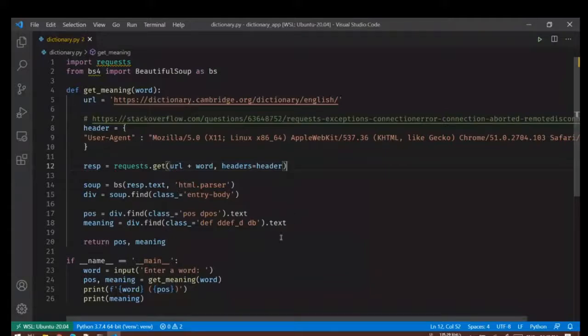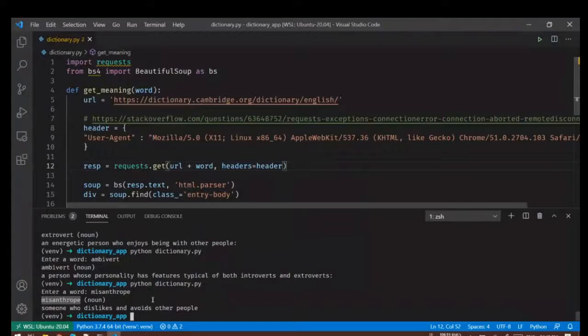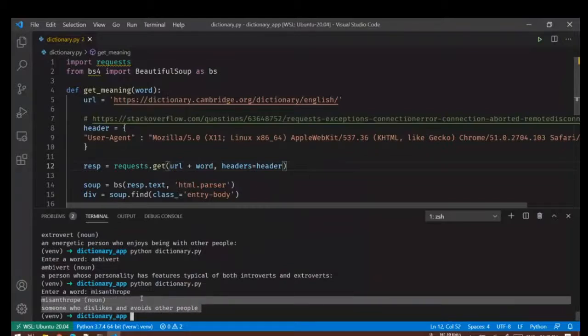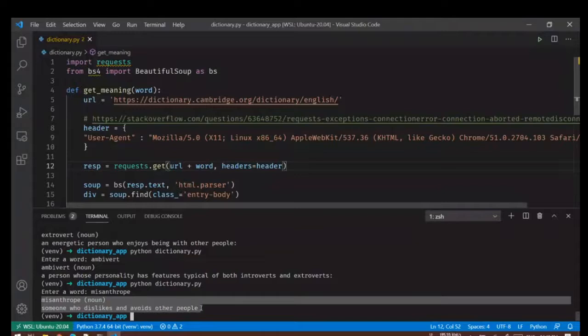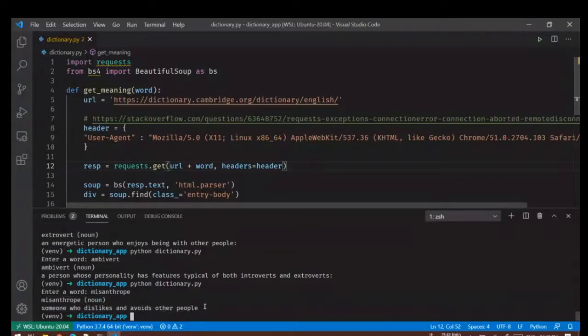Now here, if you look at our program, it takes a user input and then it prints something in the output. So it's using standard input and standard output. It's taking input in the terminal and displaying the output in the terminal itself. So if you want to create a web app, we'll have to figure out two things.